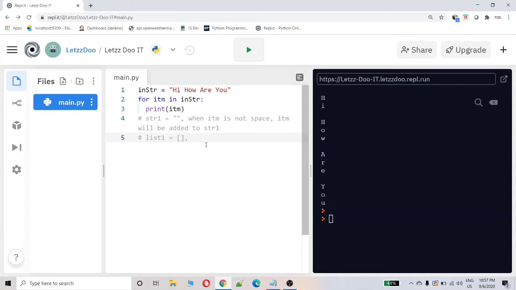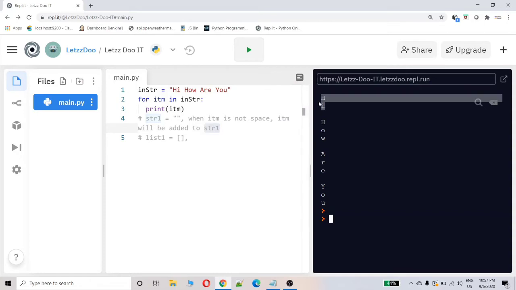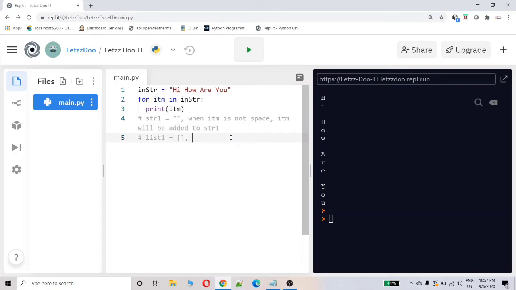So what actually I will do is when I get item as space, that means that str1 is having one word or a letter. So there I need to split, and I have to add it to a list, and it will become a list item.